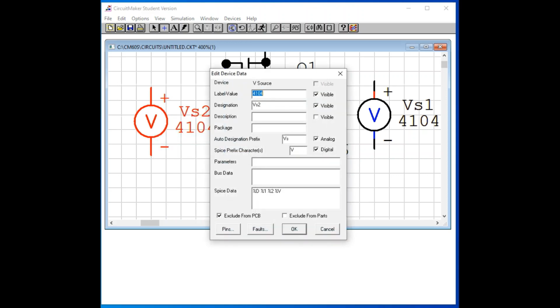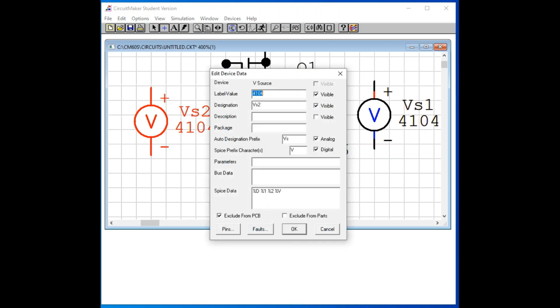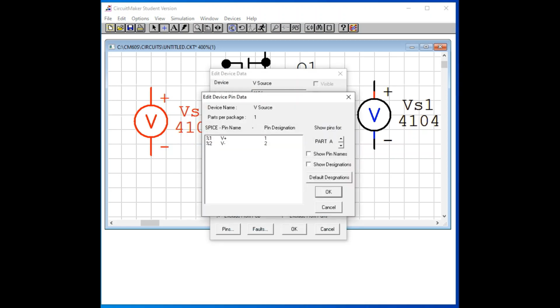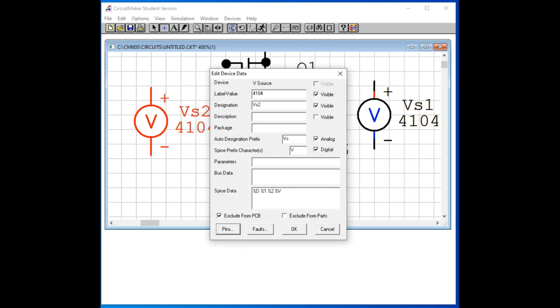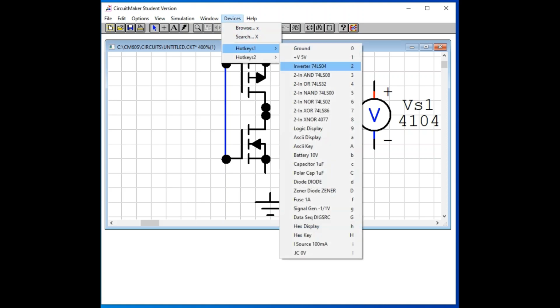edit device data. This is basically giving only DC source, so we will delete it, and instead we will use a signal generator.